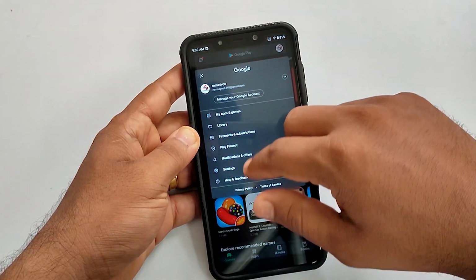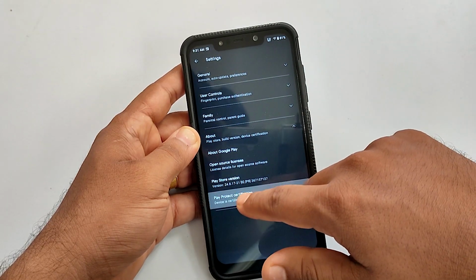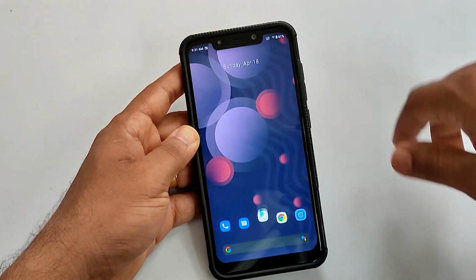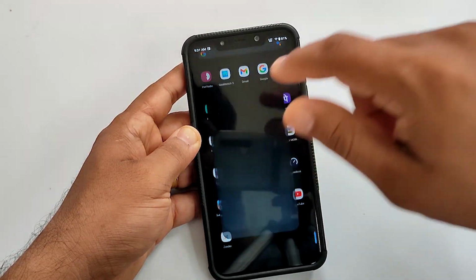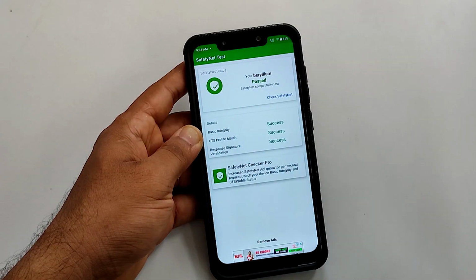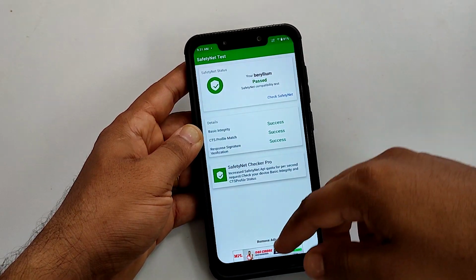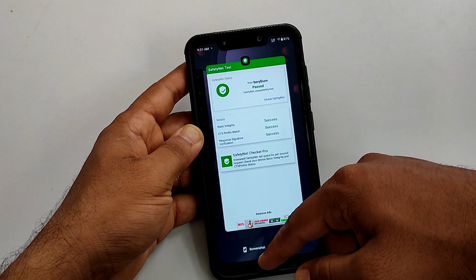The ROM is Google Play Protect certified out of the box, so media handling won't be a problem here. Also, SafetyNet check passes out of the box. I am using a SafetyNet checker application here instead of Magisk because the SafetyNet check module of Magisk is broken. Till they fix it, it's better to use another application.